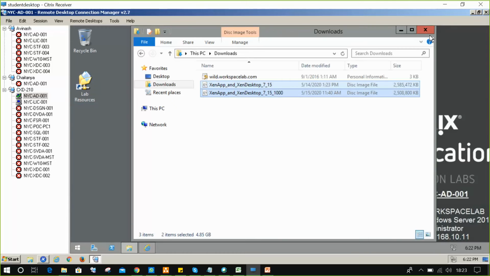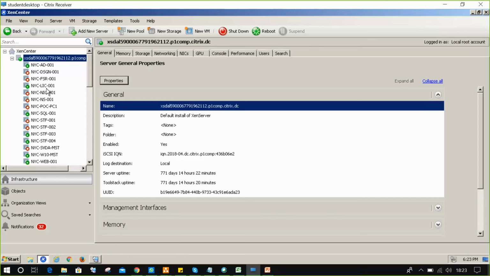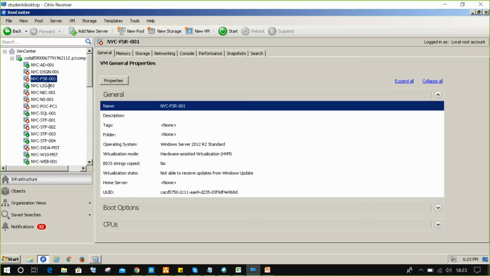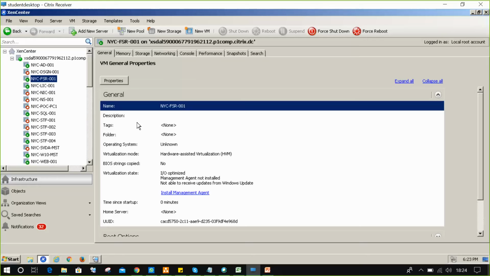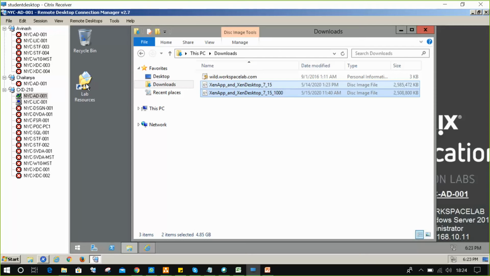Any reason? Because this lab resources folder was created somewhere else, on a file server. So we need to check whether the file server is powered on or not. Go to the Xen server and check whether the FSR server is on or off. It is currently in the off state, so we need to turn it on. Guys, please do not shut down the FSR server. We need it, the file share server. Understood? Once the server is powered on, now we can open the lab resources.